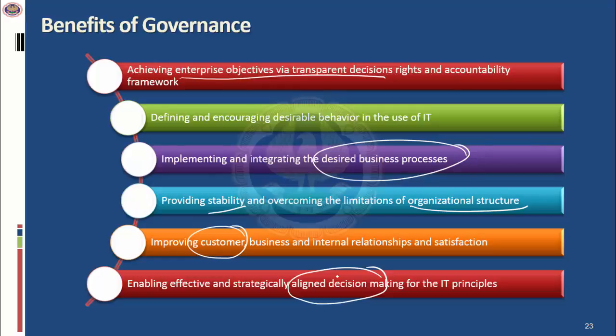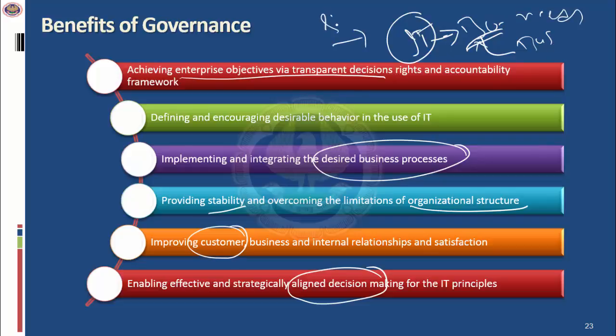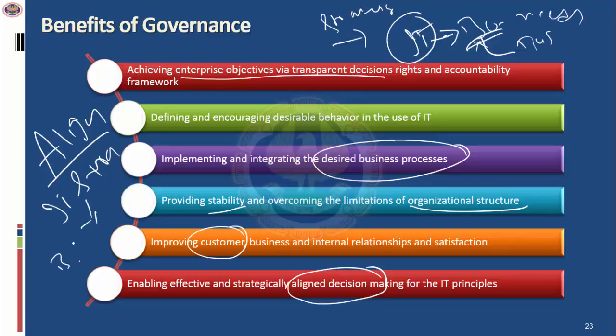So it means the IT is not implemented just for the IT perspective, but for achieving the business objectives. So the business has got certain business objectives. The IT has got certain IT objectives. Now you need to remember that IT exists for the purpose of business. So based on the business needs or the objective, IT has to align its strategy. And this is fundamentally, when you have governance in place, you are able to align the IT strategy in tune with the business strategy. We'll be discussing this a little later, but I thought it's important that you know this concept very, very clearly.